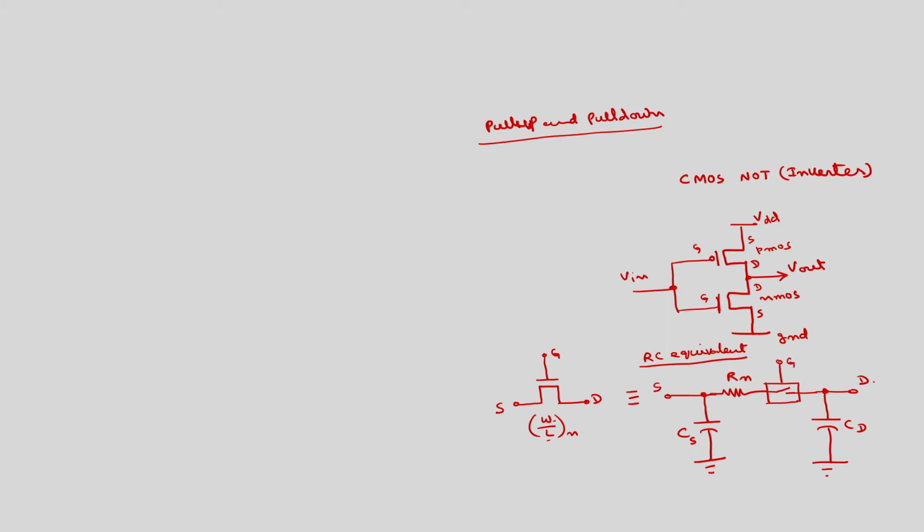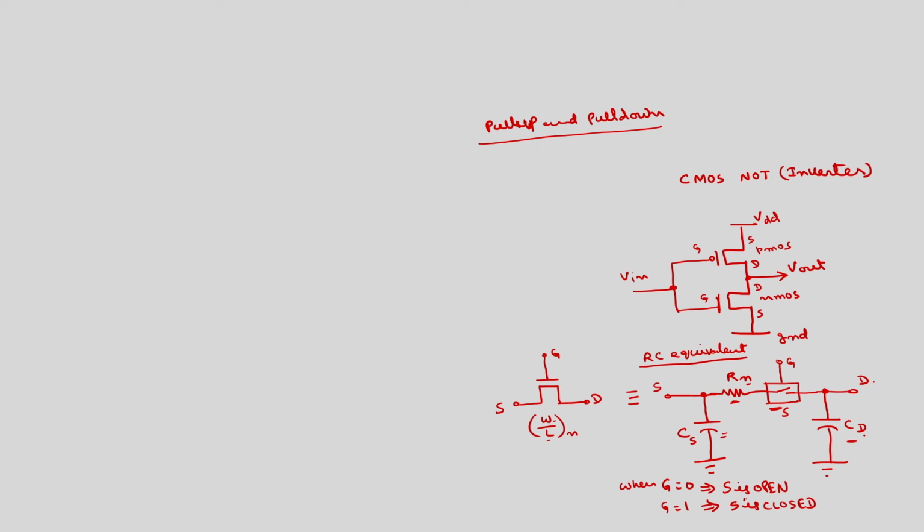When gate is equal to 0, this switch will be opened, which if I call as S, S is open. Open means you will get just an open circuit, so no resistance comes, no capacitance. When G is equal to 1, S is closed, which means you will get some resistance and capacitances.